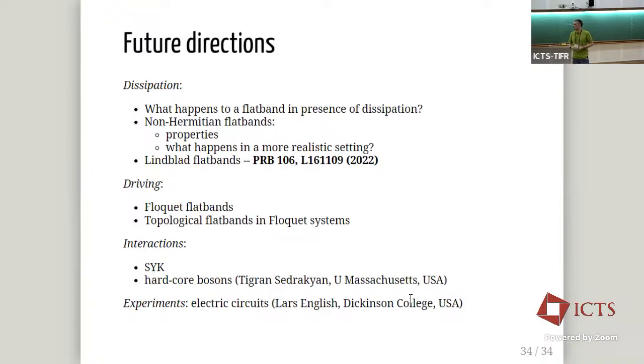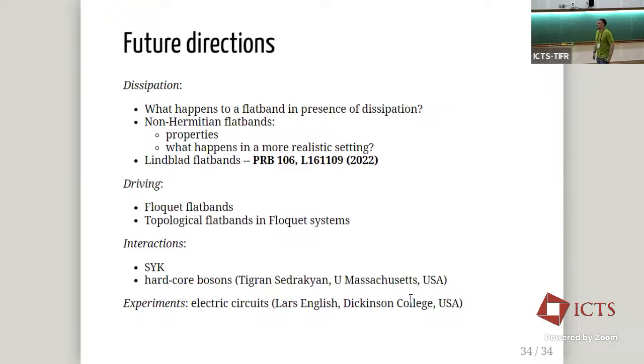Maybe there's time for one last question. Actually, I have one. If I understand correctly, most of your talk was about building a flatband out of localized states. Does the opposite prescription work? If I give you a flatband, can you find the localized state for me? Is it always the case? I remember in the case of Wannier functions, there is an ambiguity in how you build them.